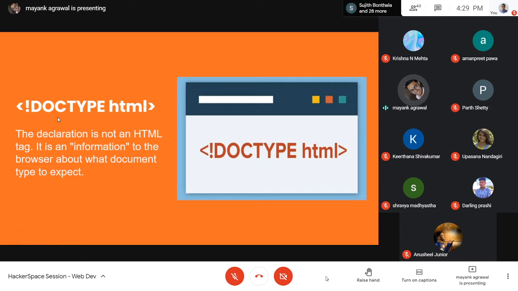For example, with doctype html, your web browser will get to know that it's an HTML file that we received and it needs to be displayed as an HTML file only, not like any other file.